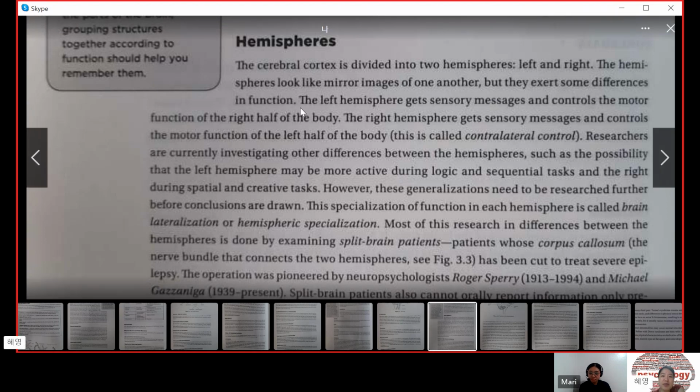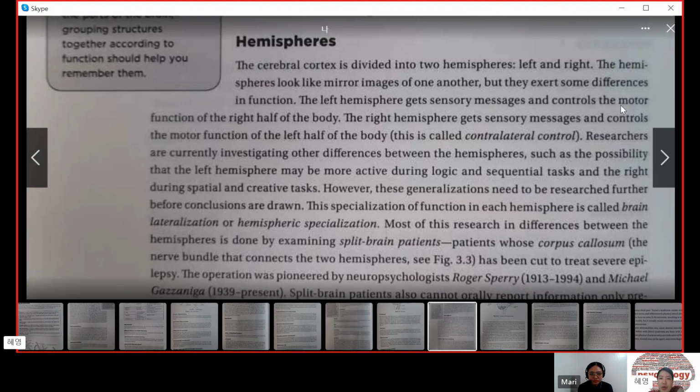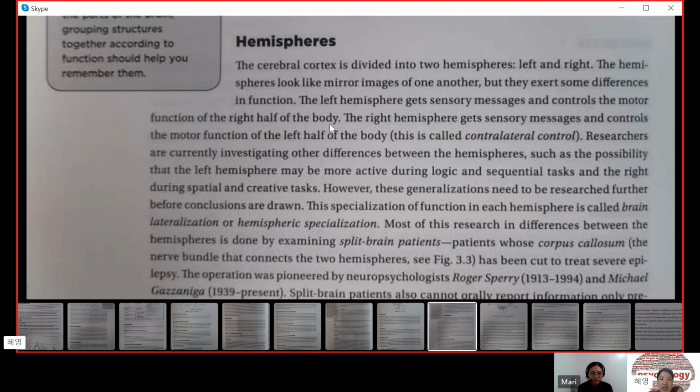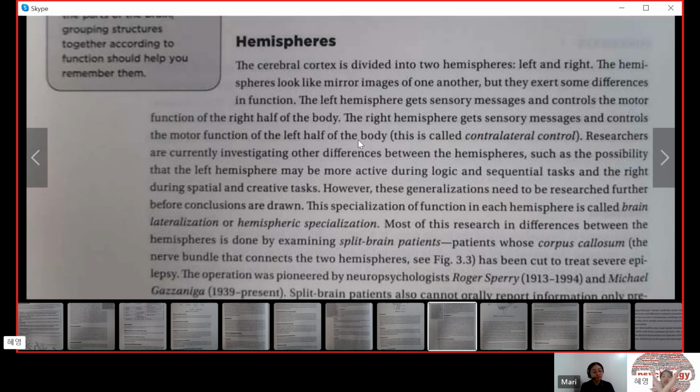The left hemisphere gets sensory messages and controls the motor function of the right half of the body, whereas the right hemisphere gets sensory messages and controls the motor function of the left half of the body. It is almost like a cross. This is called